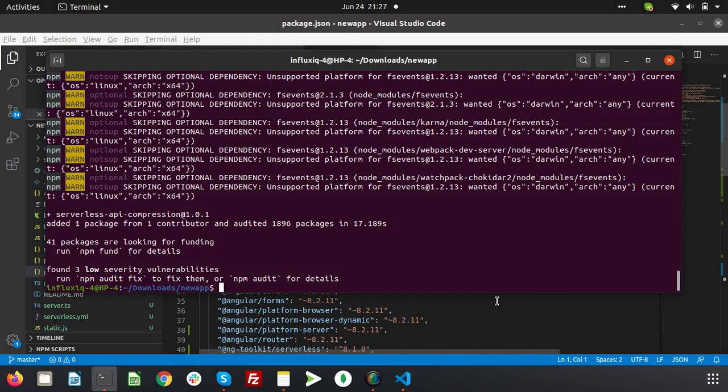To build the app in a serverless environment in SSR, we would type in npm run build:ssr. And this would require root permission.